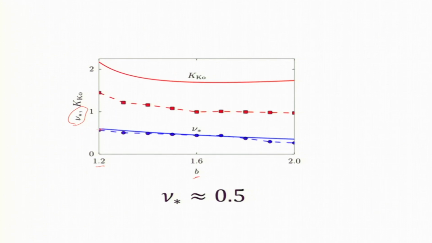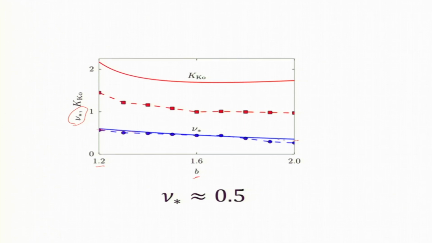So, nu star ranges from around 0.5 and decreases to around 0.4. It is a function of B, but it is around 0.4 to 0.5, and interestingly this is also the number which you obtain in the Navier-Stokes equation. So, the shell model is giving us a very good handle on computing nu star. From theory, I just substitute into the formula which I wrote and take the square root, and I get nu star. But how do I verify using numerical simulation?